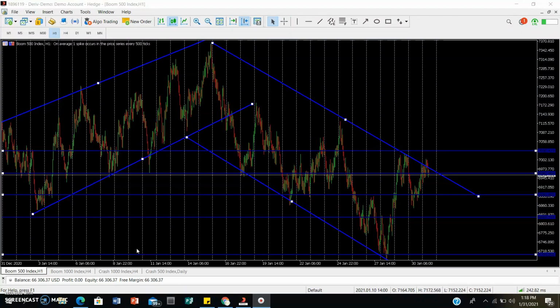So today we're going to do a price action analysis on boom and crash, right? We're going to analyze all the charts for boom and all the charts for crash, right? So for those of you that don't know what price action is, price action basically means you're going to be looking at a pure chart and look at what the price is doing, right? From the name itself, price action, you're basically looking at